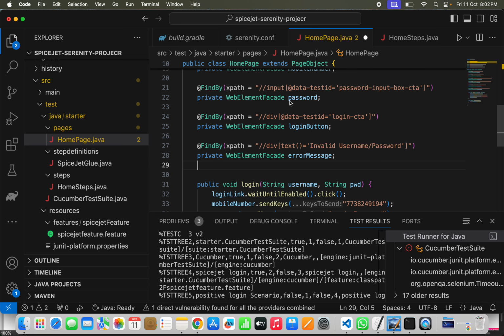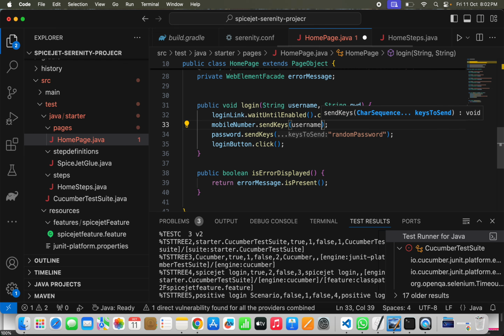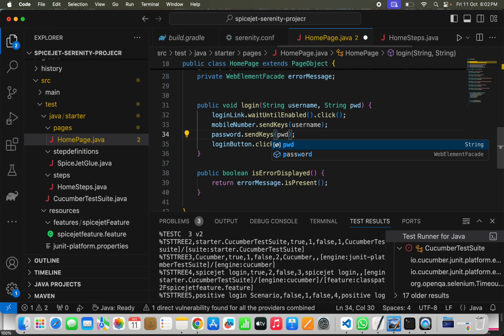Yeah, we have this web element, right? So instead of this phone number, we will write here what? Username, and in the random password we will put this pwd. Okay, pwd. Got it? As soon as you implement it,